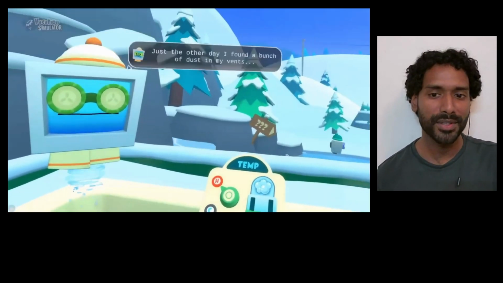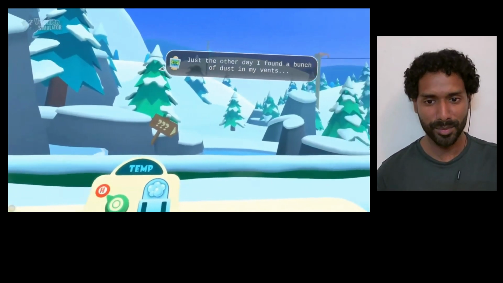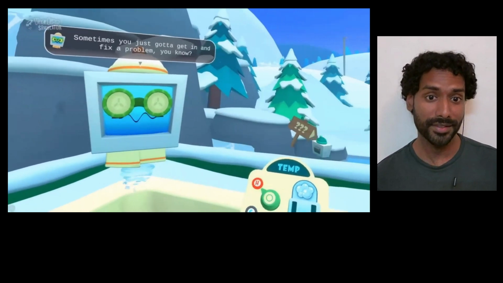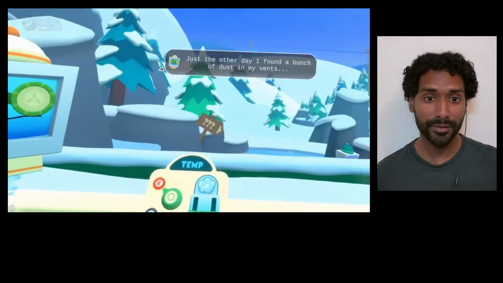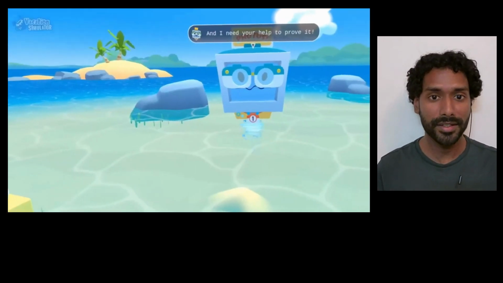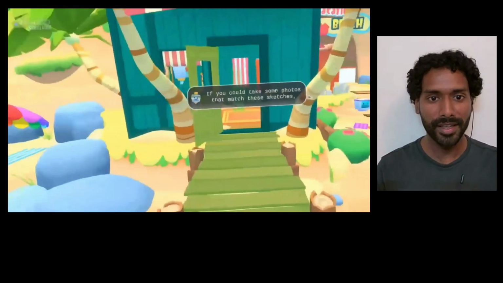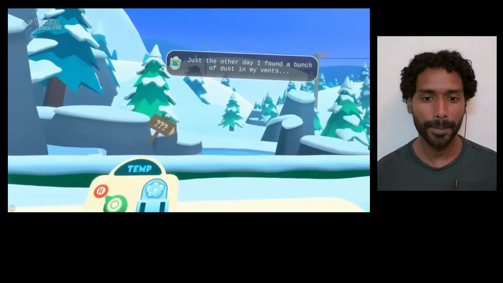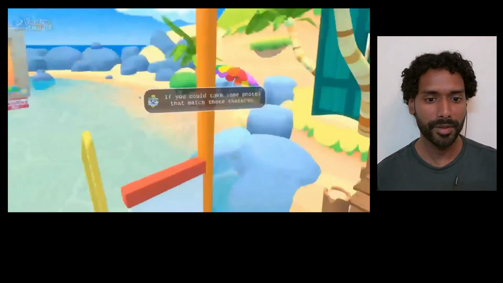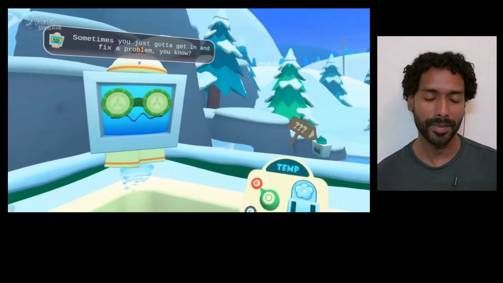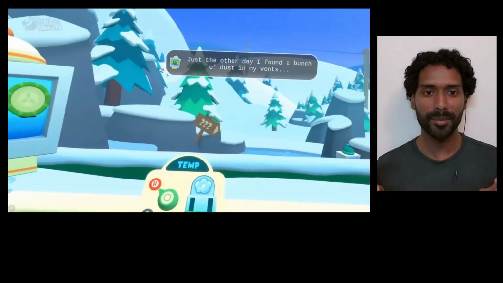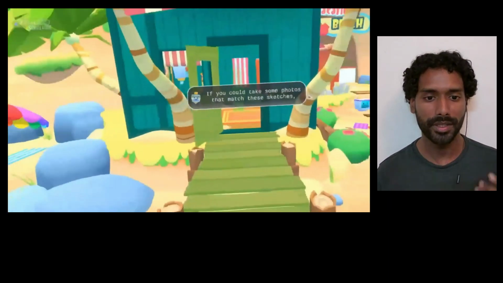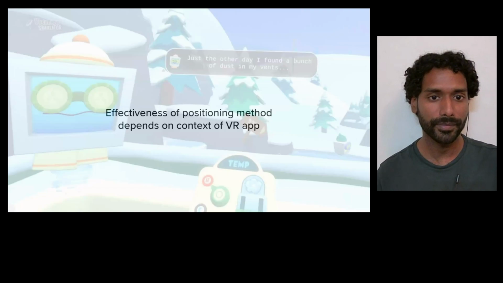Now, the two examples that we saw here illustrate two different ways to approach the problem of positioning captions. However, each solution has its own drawbacks. For example, in the video that you're seeing here, the captions move with your head. There's a lot of motion, and this might cause problems for people who have motion sickness. And in the previous example with the headlock captions, the problem is that captions always appear in the bottom half of your display, so you have to always look down. So it will be difficult to focus on what you're looking at.